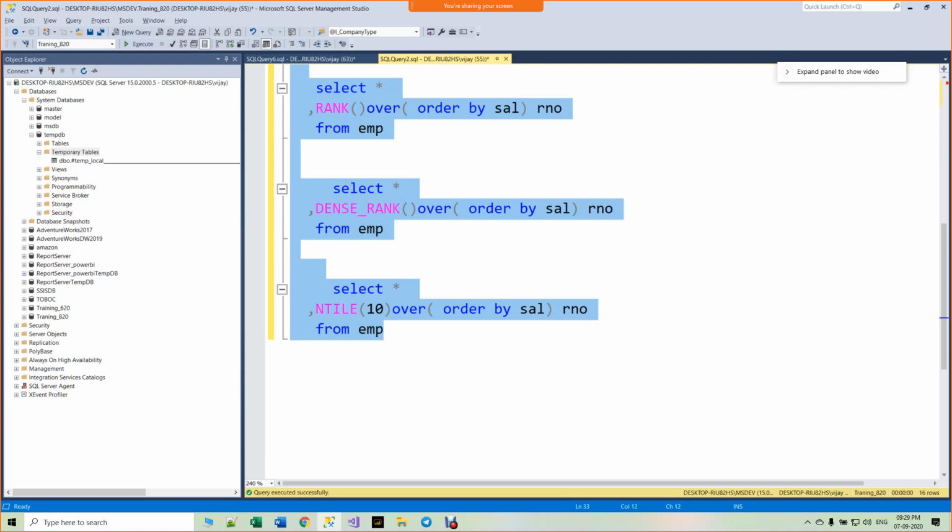Write a query to find out the first record in a table or a data set. Select star from employee. It will give all the records, right?